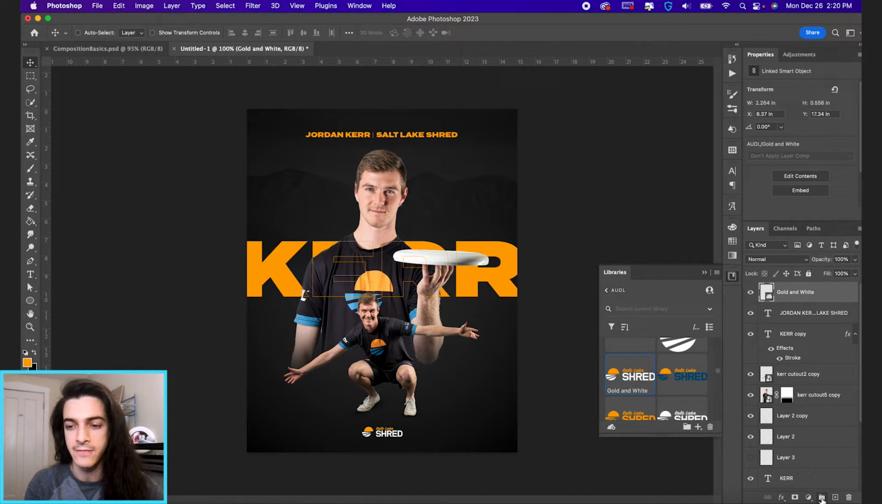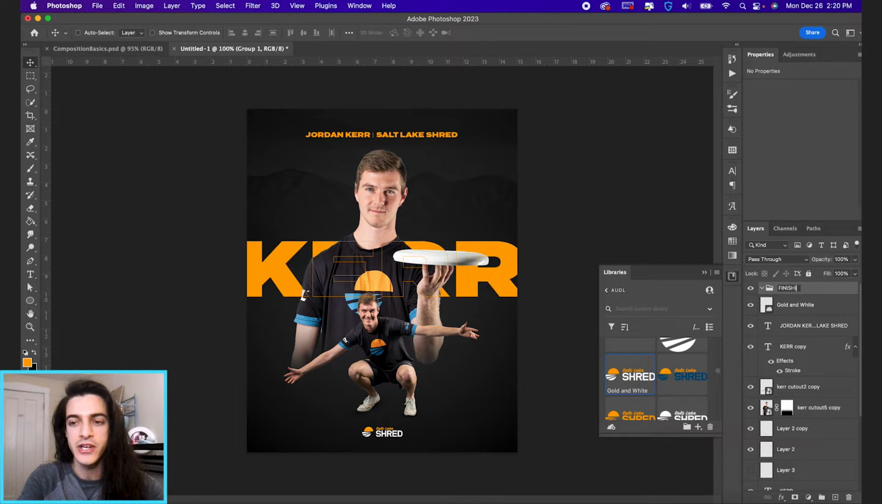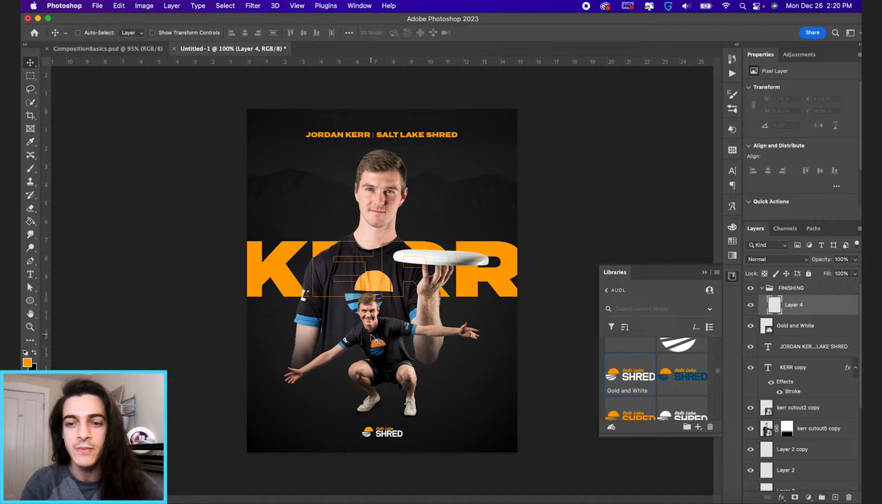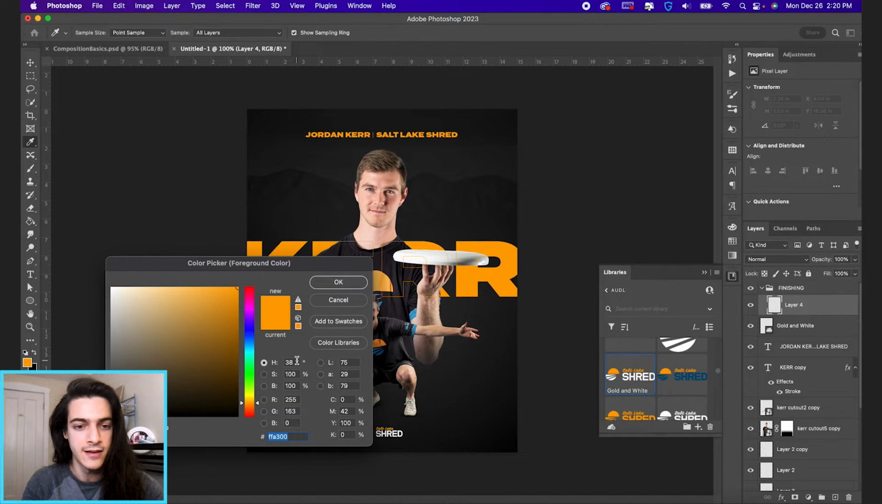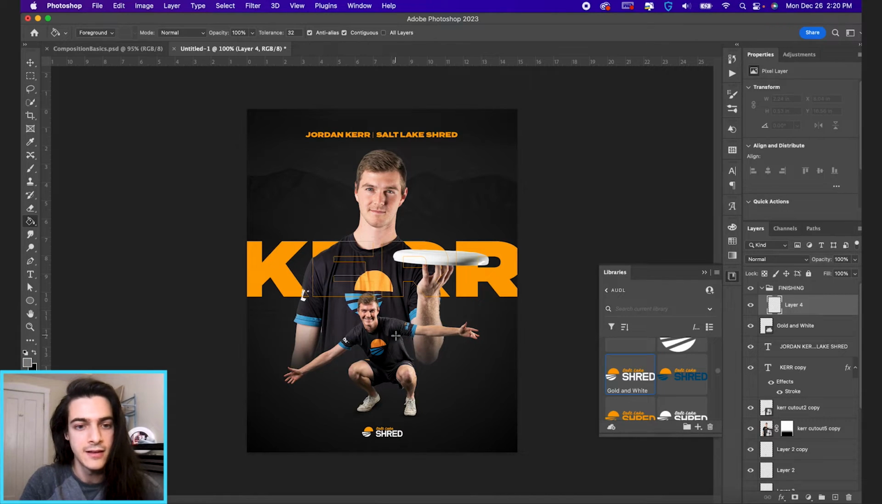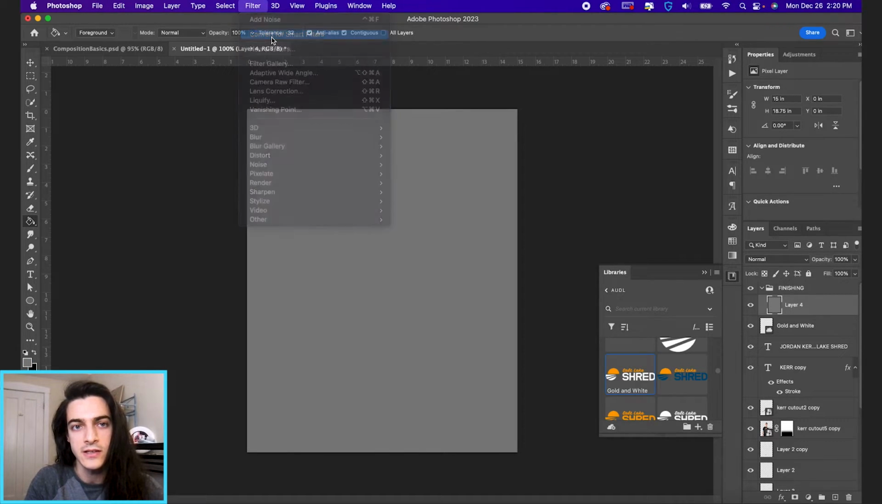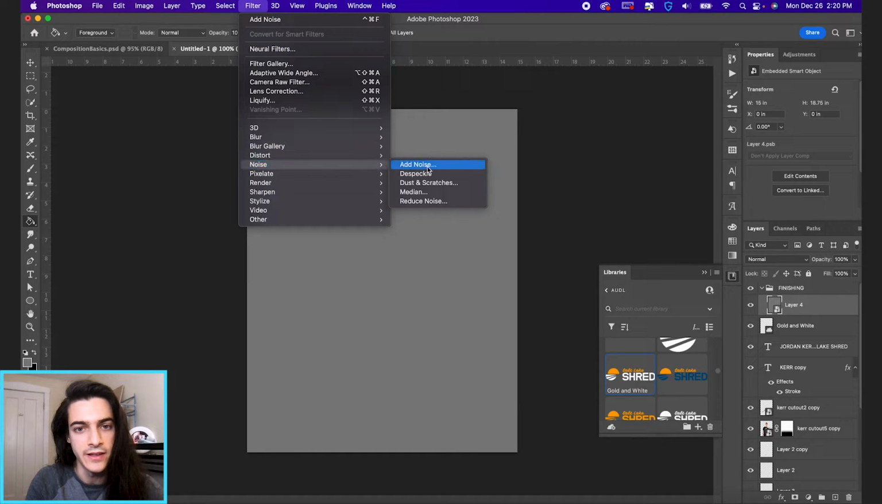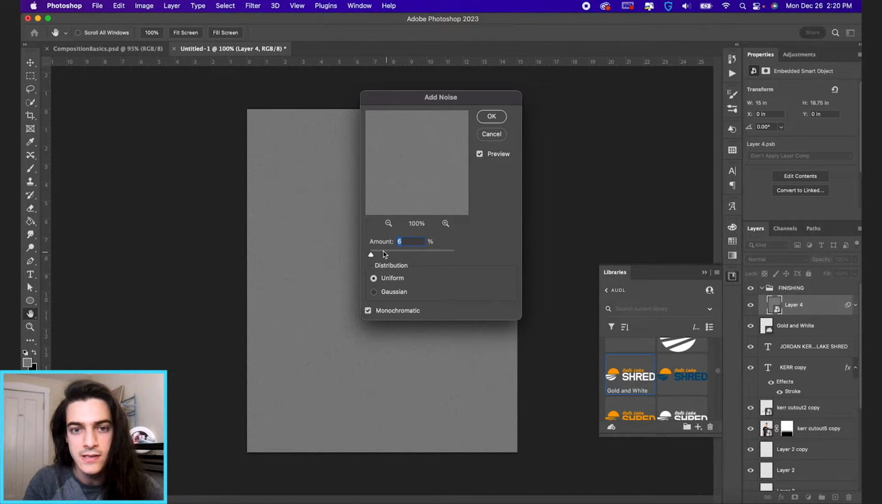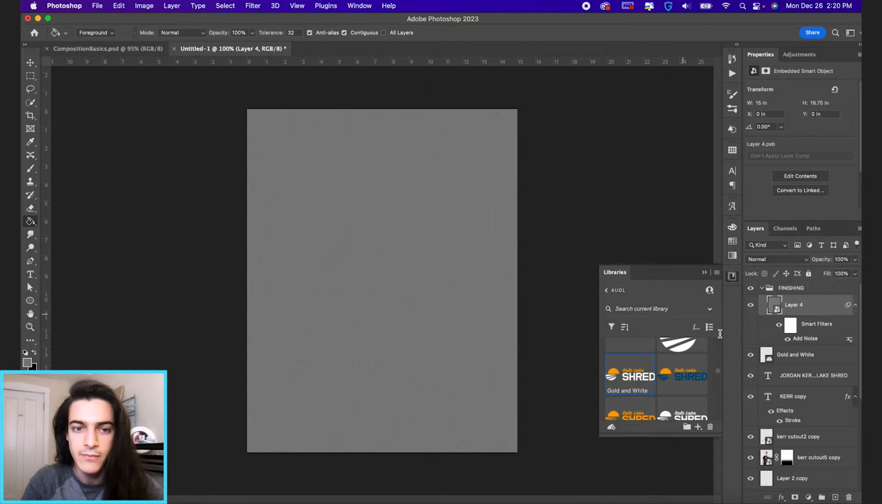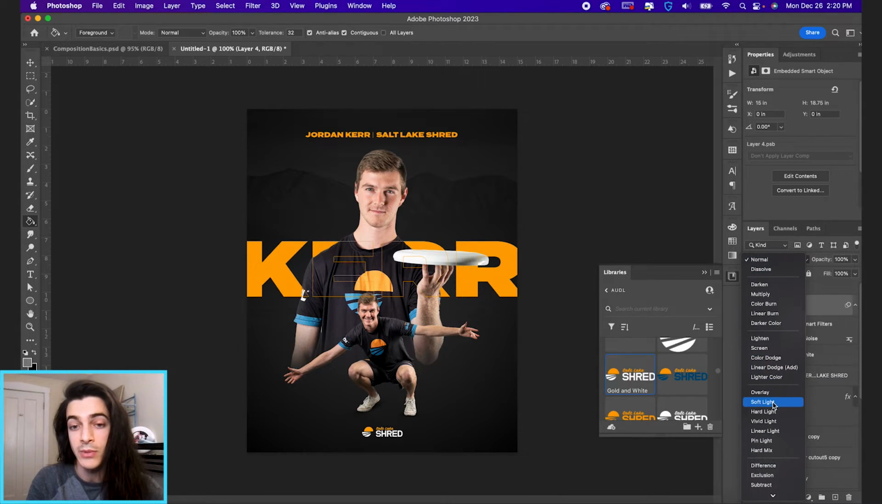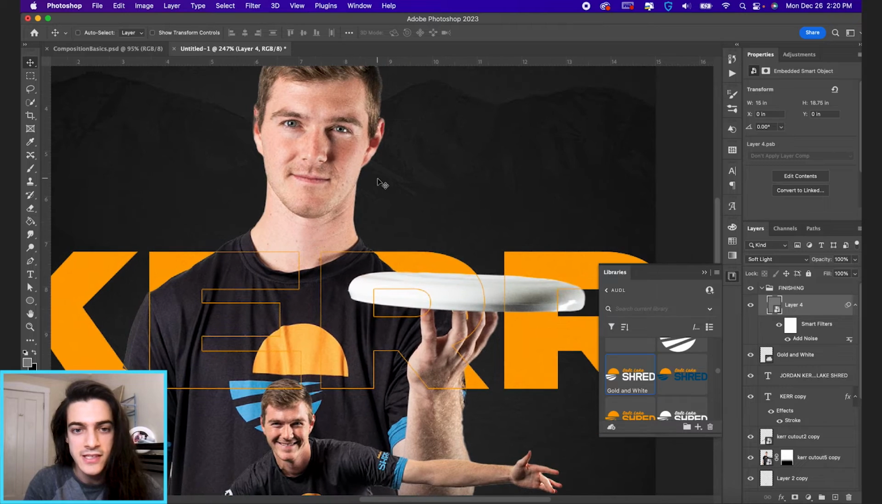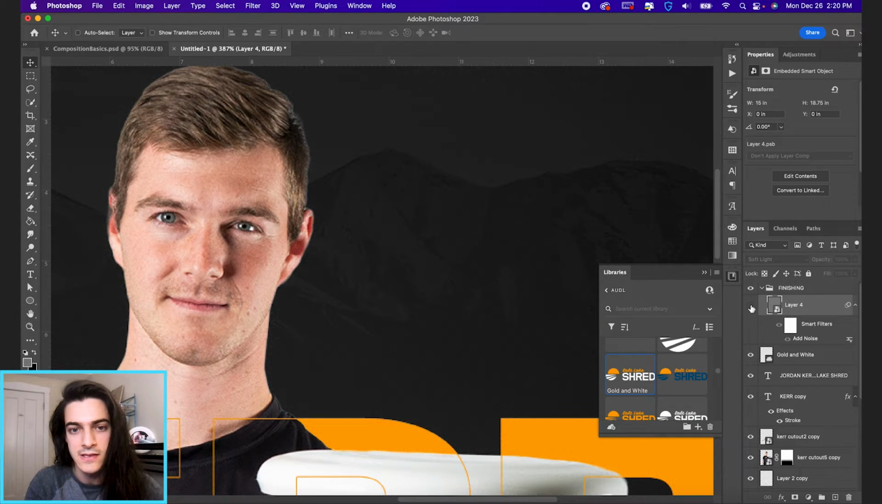I always like to make a folder at the end and call it finishing. This is for what I think of as finishing touches to the design. First, I'm going to add a layer of grain, and I'm going to do that by going to 50% gray, filling that layer, switching it to smart filters, and then going to noise, add noise, and 7% looks about right. Then I'm going to change the blend mode to soft light. And you can see only really when you zoom in, but it gives just this overall texture to the design,